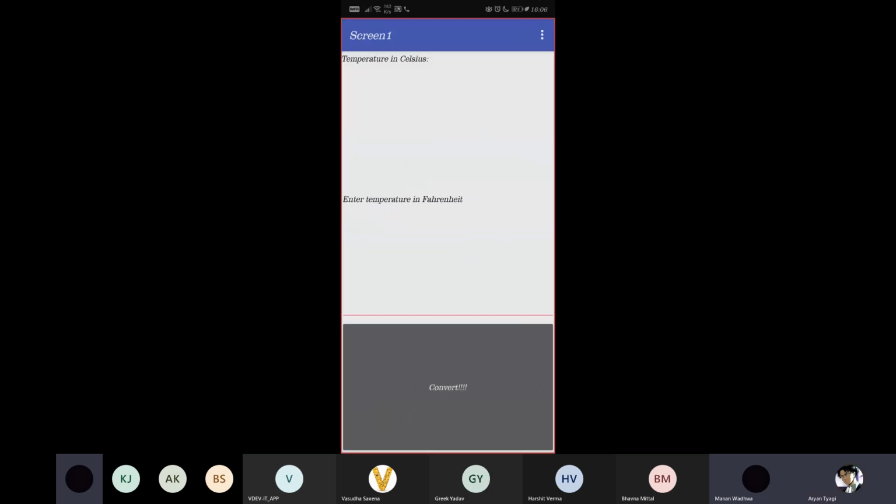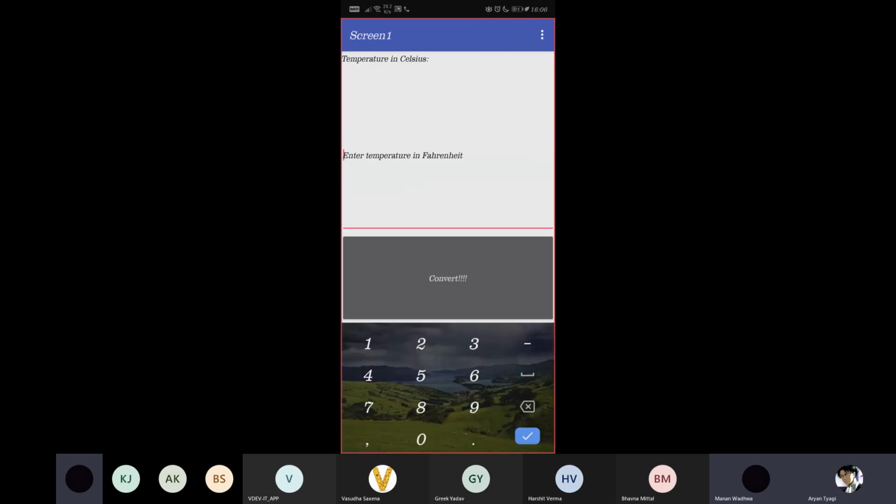Everyone, as you can see, I have installed the APK version of the application, and now we have this application where we can type the temperature out. And as you can see, the text box is numeral only. All right, so we don't have the option of inputting any text format. So if we input, for example, 32, which we know is 0 degrees Celsius, it shows 0. Now if we put 41, it should be 5. So as you can see, the temperature conversion application is working correctly.